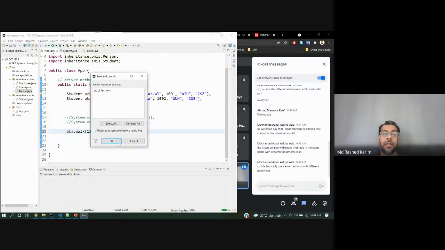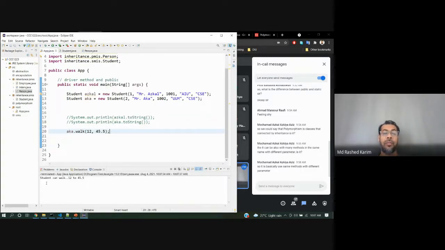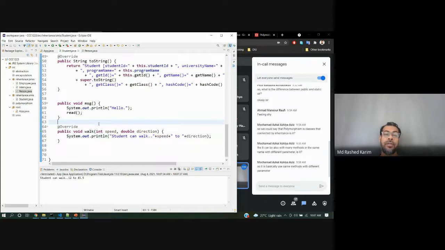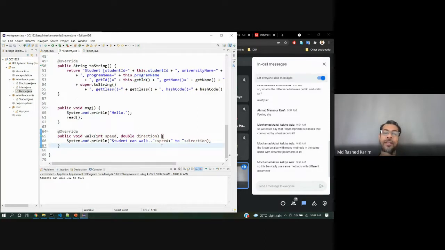So the student will be called, because the person and the student already have the same signature. So it will not be overloading, it will be overriding. I will discuss this after method overloading.